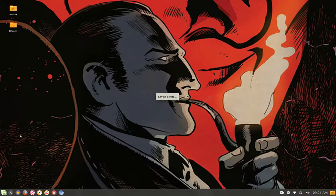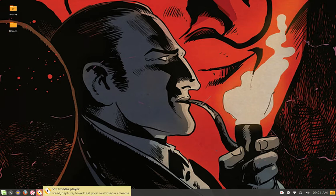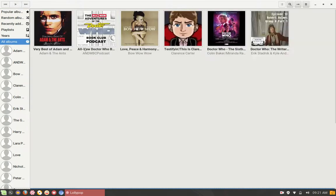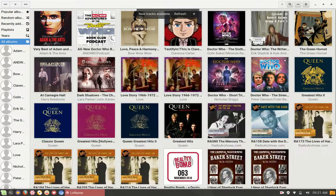For entertainment, although it does have VLC loaded, I use Lollipop for my music, simply because VLC and other music players tend to be more song-based and file-based. What I love about Lollipop is that it's album-based. So you can actually see, if we look at everything that I've got loaded here,